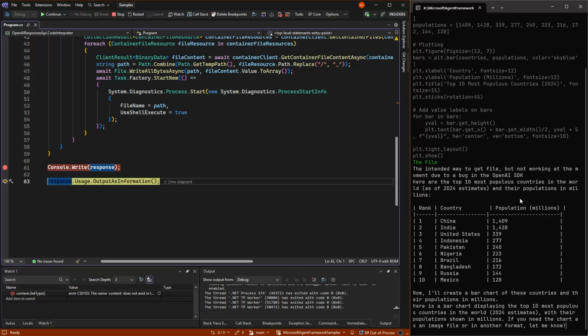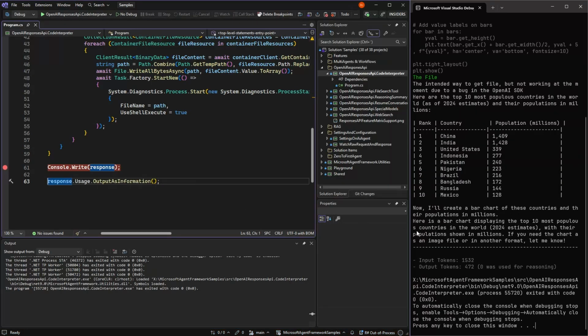In this case, it also generated a markdown table, but that's just prompt engineering if you want that or not. And we just get our information back and our token use. And our token use is only for the input and output we gave. The tool call itself will also have a charge, and that's on OpenAI's pricing model.